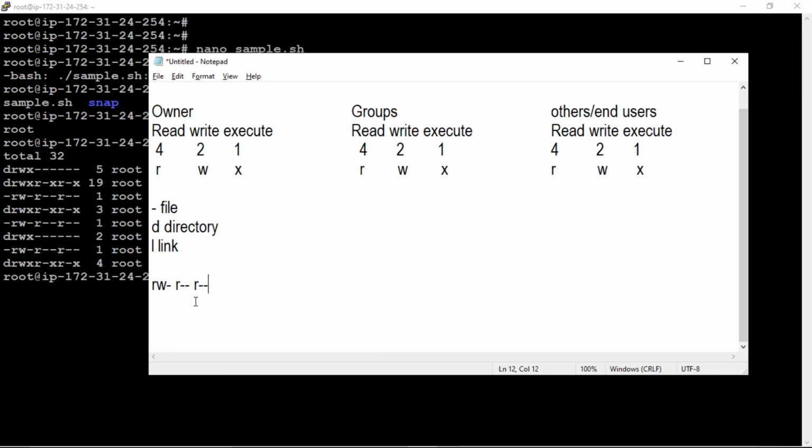Fine. So for this file, it has read and write, and it doesn't have execute permission.